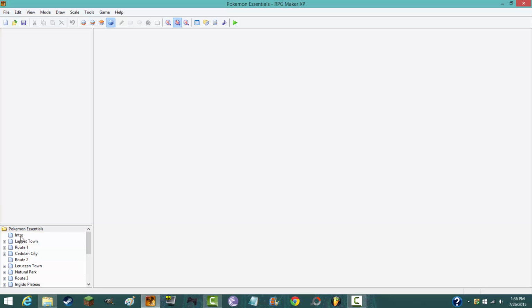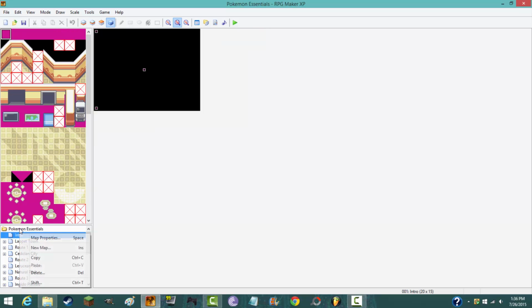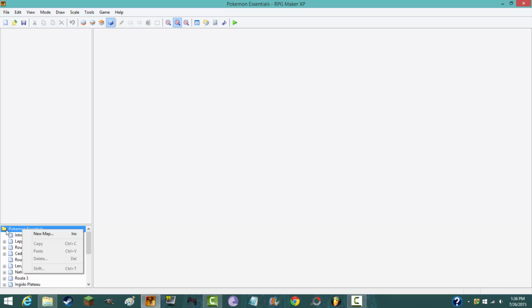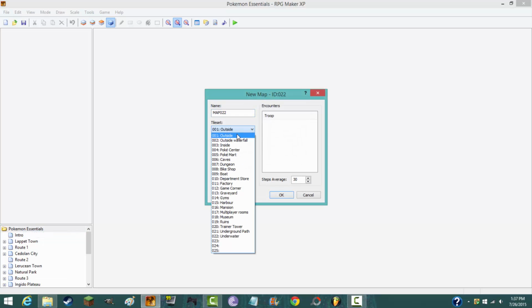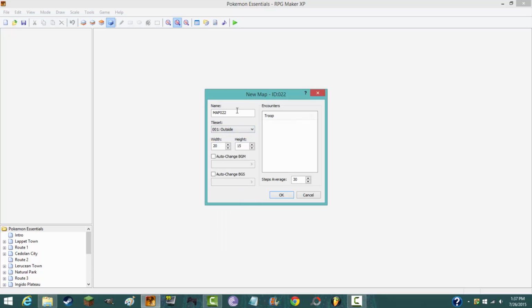So what you have to do to make a new map is right click on any type of map. I usually just do it on the folder, make a new map, and this is the tile sets that you choose. Now the cool thing about it is that you could choose which tile set you want. You can import tile sets, which I'll show you how to do later in this episode. And I'm just going to do outside. You can name it whatever you want. I'm just going to name it